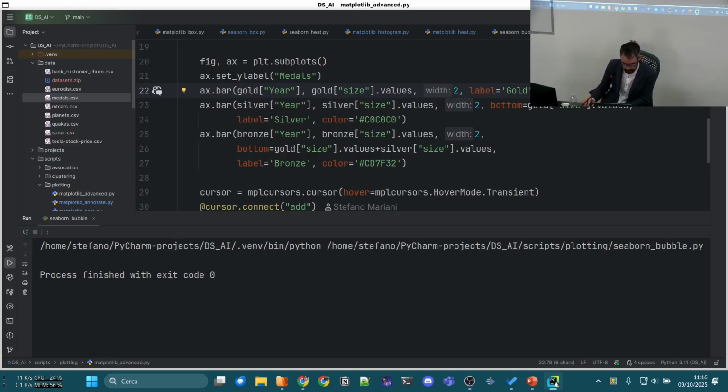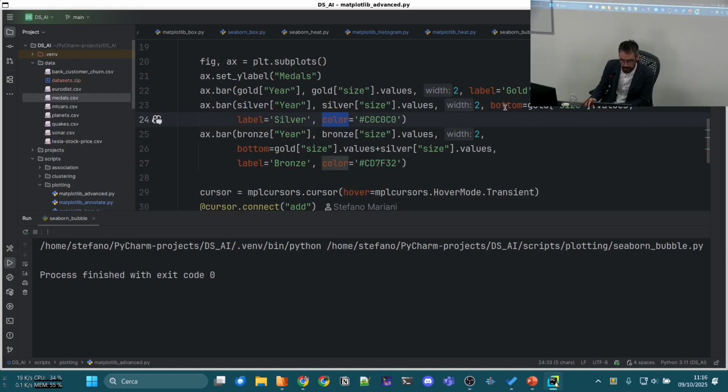Now look at how we specify the silver medals. Same things: the year in the X, the number of medals in the Y, the width, the label,